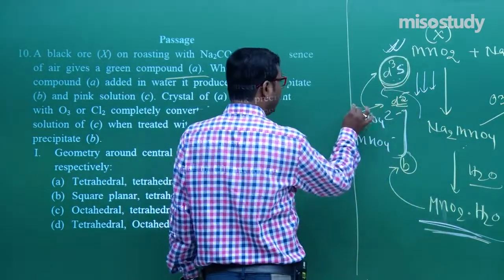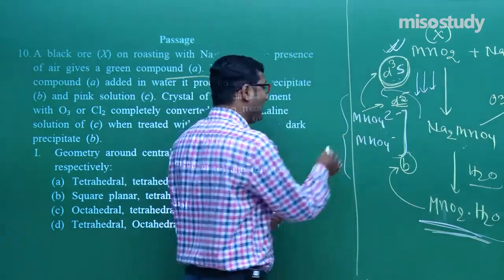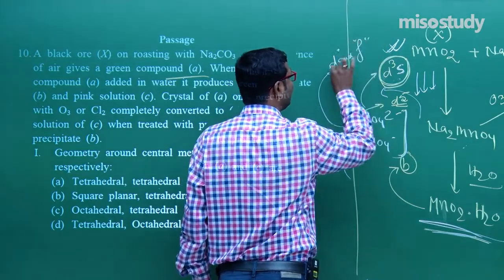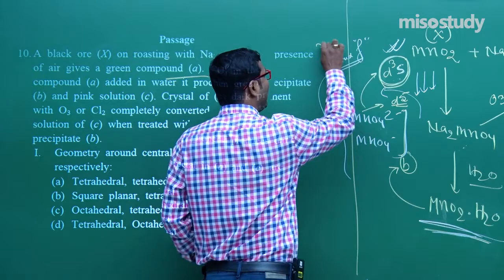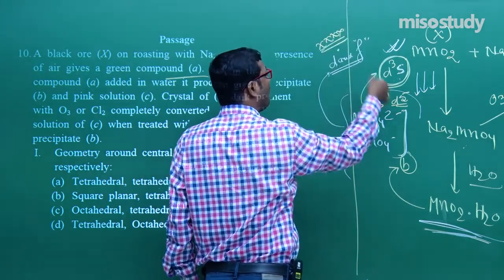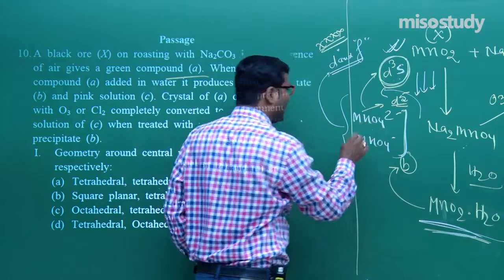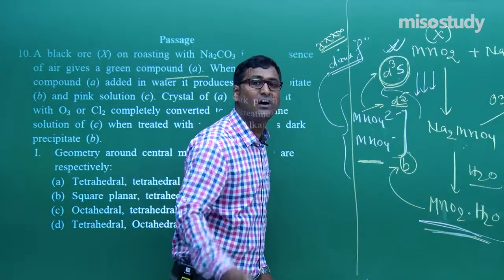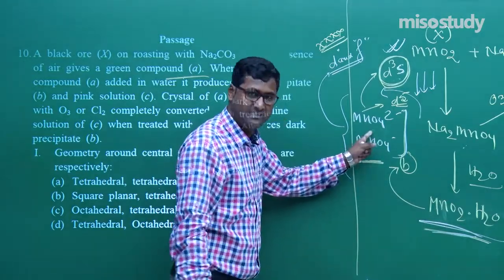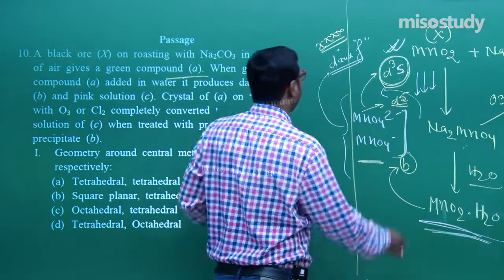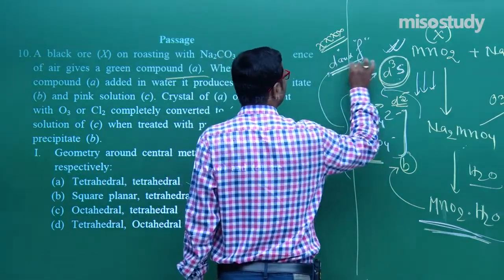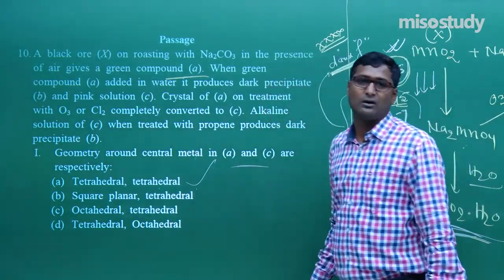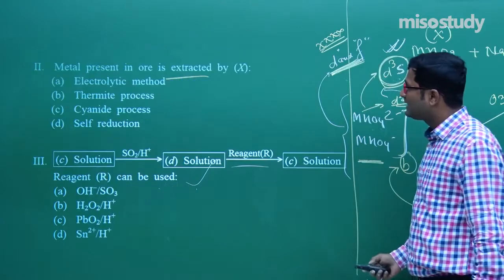Clear? If you have any doubt, I have discussed these things in detail in the d and f block elements. So keep in your memory what I'm telling. Why does this happen? Because the color of KMnO4 and K2Cr2O7 is decided by charge transfer from oxide and not decided by d-d transition. So wait for a moment, I will discuss the entire thing in d and f block elements. Clear? So for this question, A is the correct option. Now let's move to the next section.